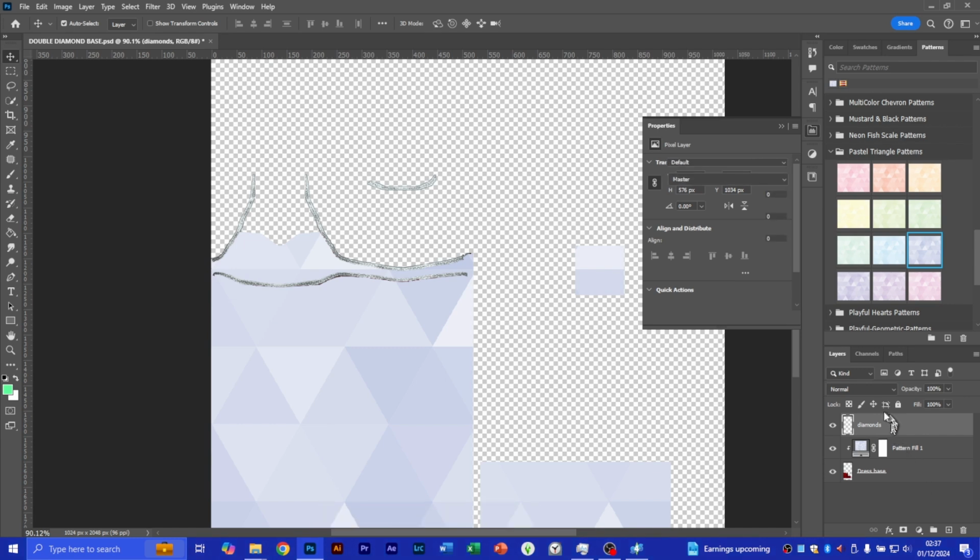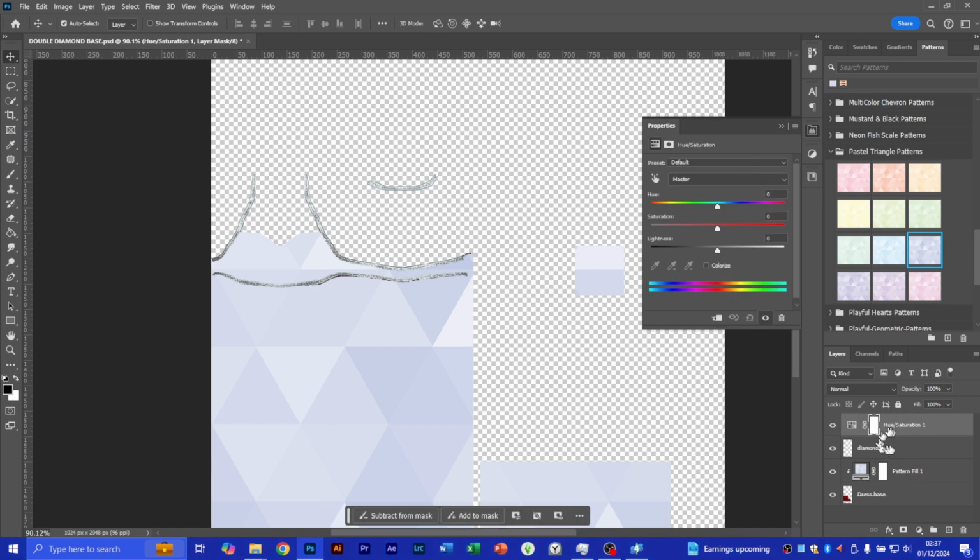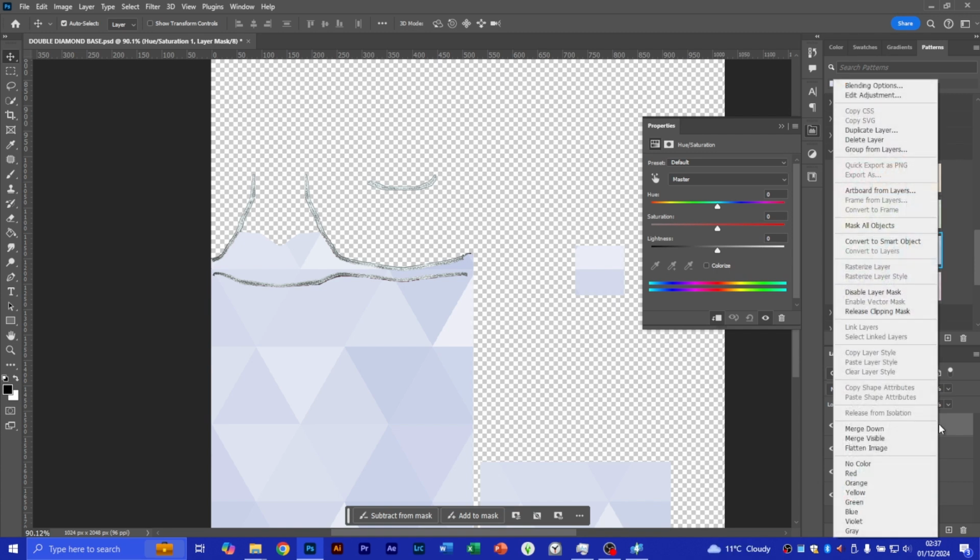And when I click on hue and saturation, the layer is gonna appear at the very top of the diamond section, and I'm gonna create a mask for it because I want to recolor in order to get rid of some of the bleeding reds that are there. So literally with the Alt key and going in between them, it creates that. The other option is to right click on the layer that's at the top